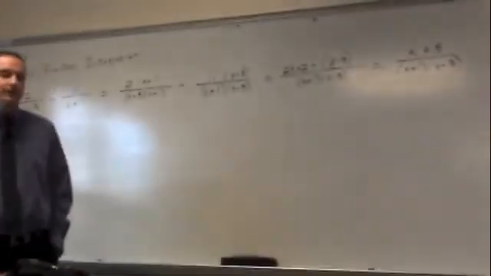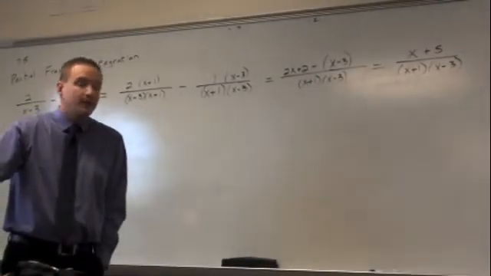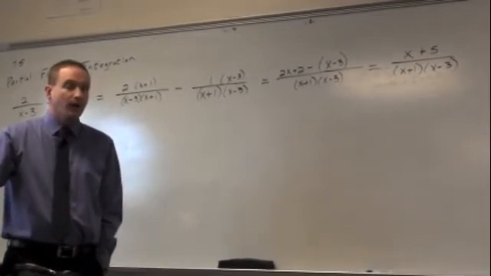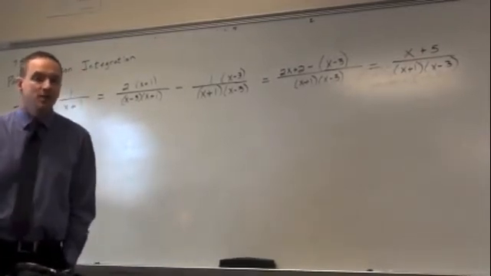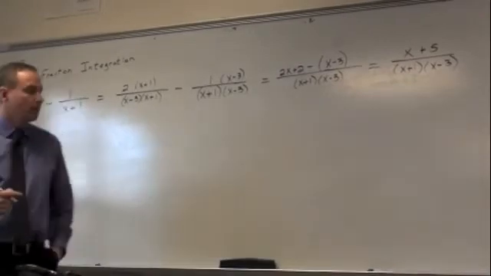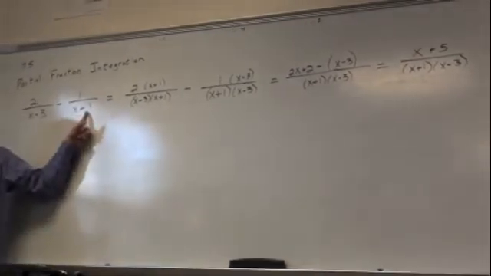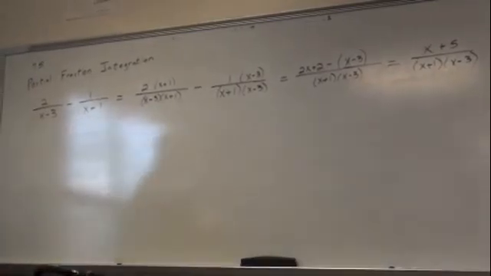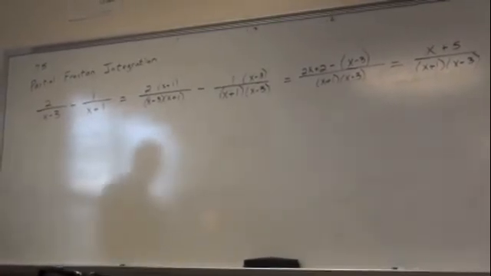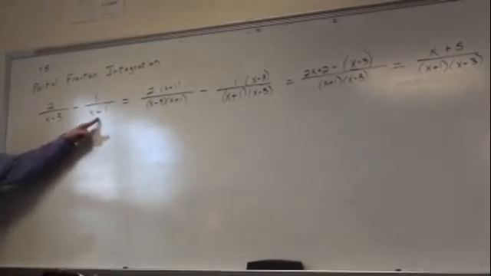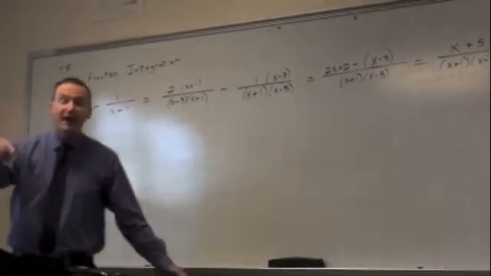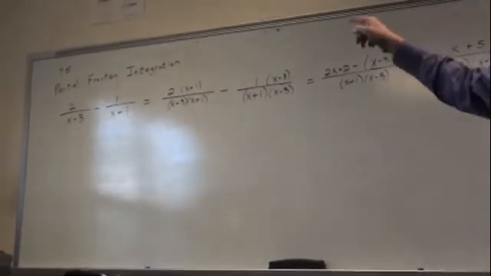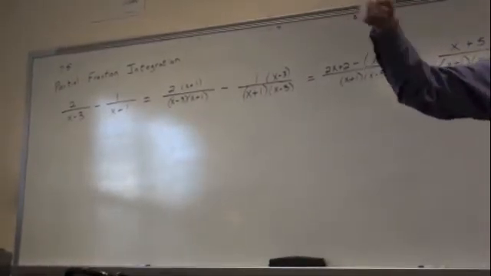Okay, here's the thing though, guys. In this class, we have to know how to go in reverse. It does not help at all to combine fractions in this class. Why would we want to combine 2 fractions that have an extremely simplistic integral? If I said, hey guys, integrate this term and integrate this term for me, you should say, oh, that is the easiest thing ever, because every single solitary time you see the derivative of the denominator in the numerator, it's a natural